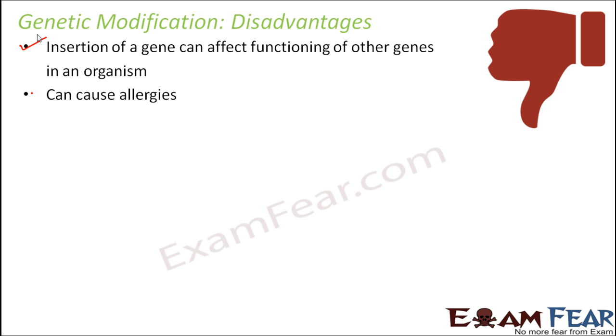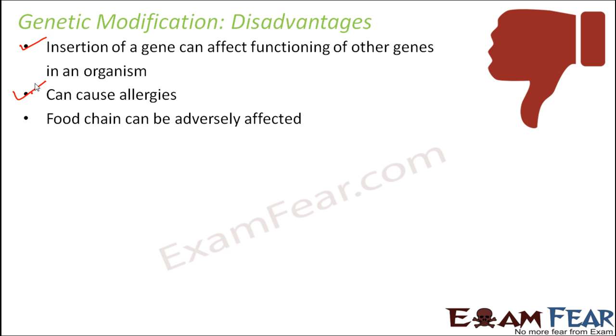Now, this new gene which is getting inside the body of a target organism, it is nothing but a new thing which is coming inside the body of that organism. So it can cause different immune responses, it can also carry allergens with itself which can cause allergies in the target organism. So that is another disadvantage. Food chain can be adversely affected.